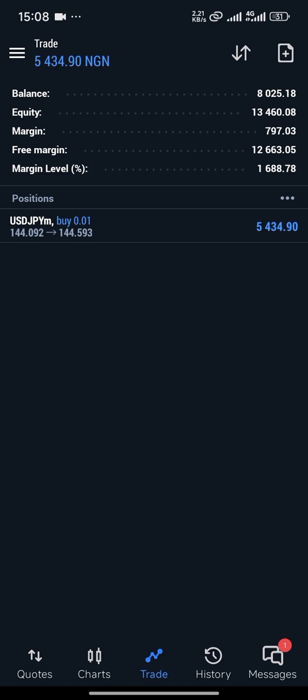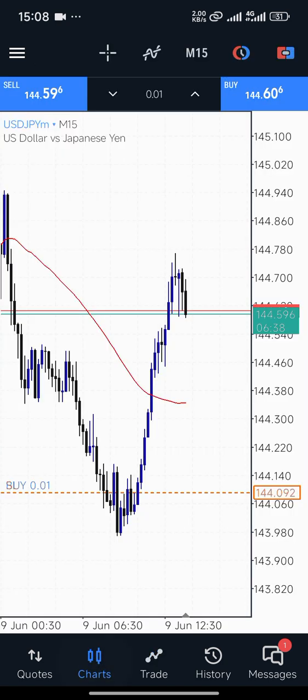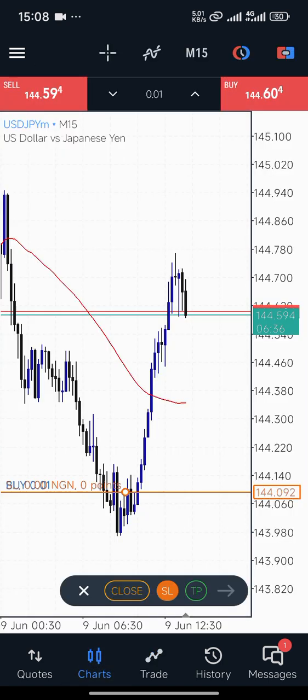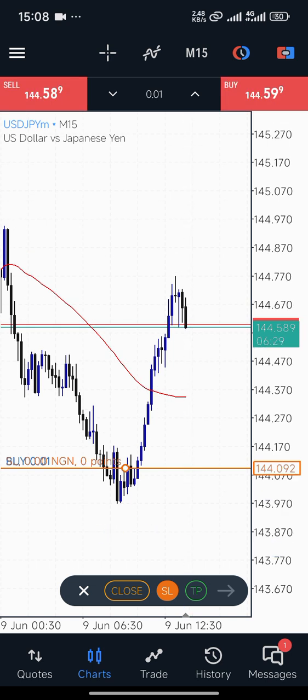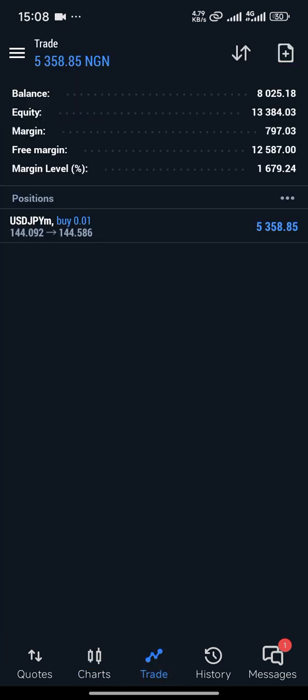Now 2,800 naira. Then this remaining 0.01, I'll leave it to continue running, right? I'm going to leave it to continue on, and I'm already on break even here. So in case this trade reverses down to this point, which I don't expect it to do, but just in case it reverses back to my entry, I'm not going to lose anything. In fact, I've made profit already of